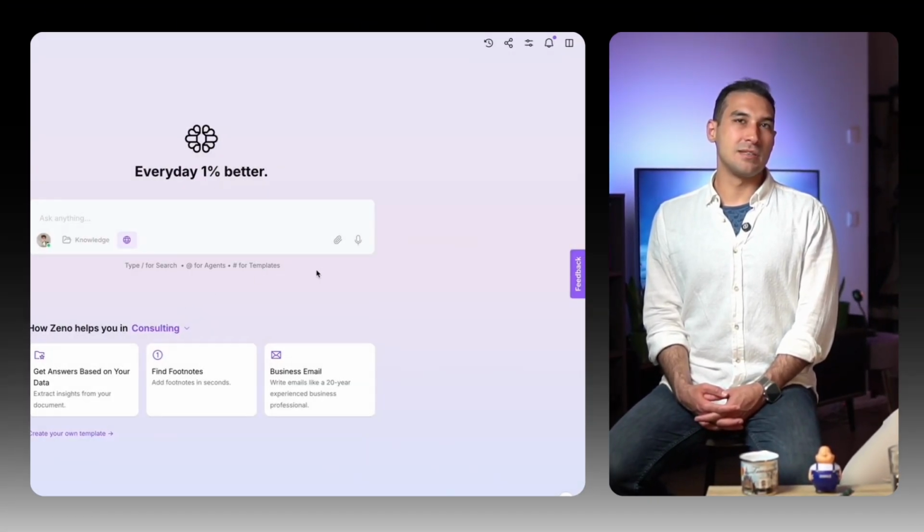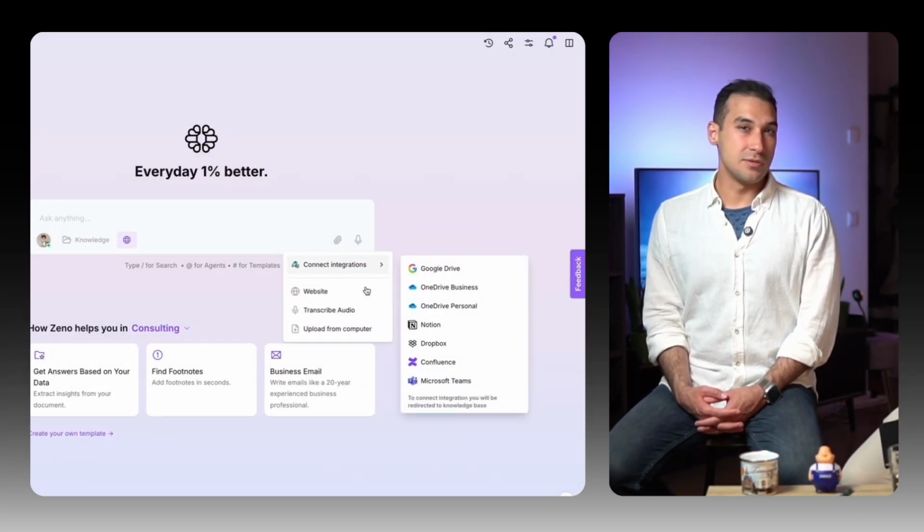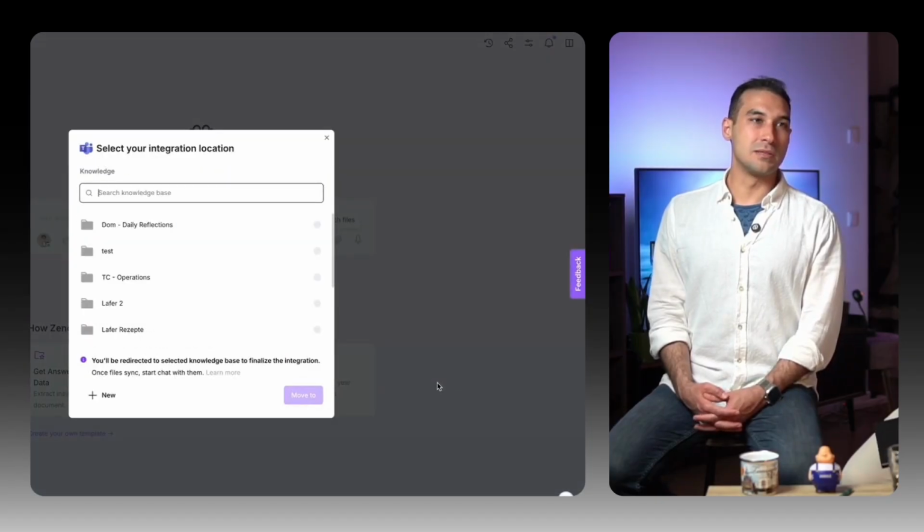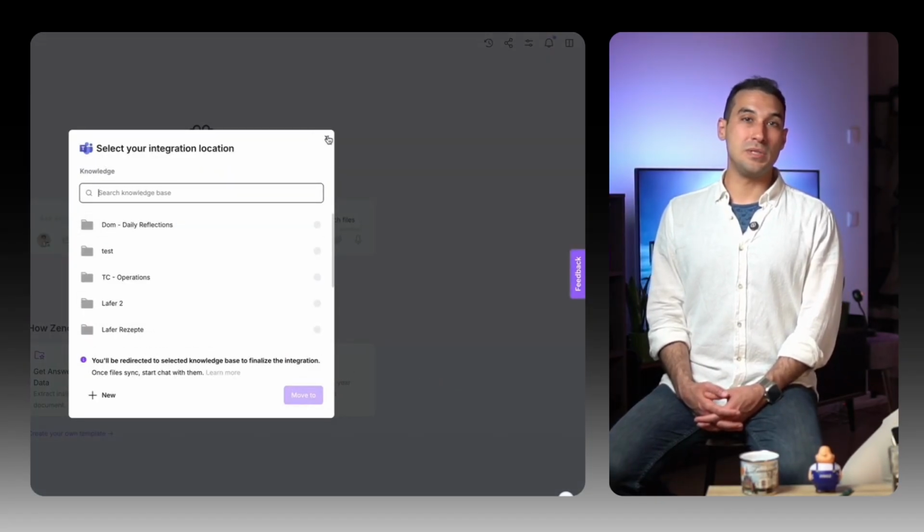Moving on with integrations. We have more integrations coming in. We have recently implemented Microsoft Teams transcription, so you can find it already online. That means whenever you have a Microsoft Teams meeting, if you have the connection to your knowledge base, basically we can automatically feed this information directly into the knowledge base. So you will always have the meeting transcriptions in there, which is very useful. It came from one of our customers and they were super happy to use it.